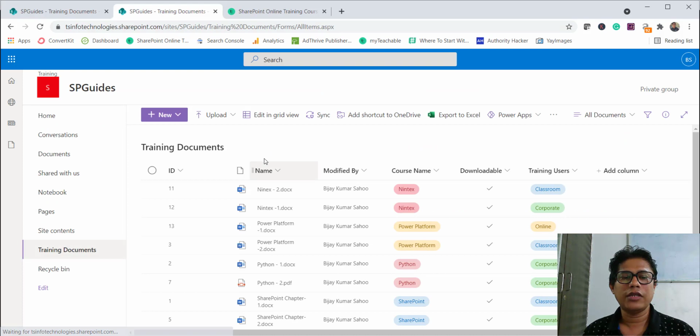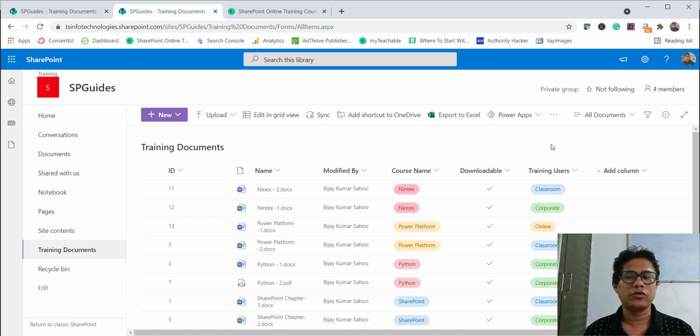And I'll click on OK. So once you click on OK, now you can see here the ID is coming at the first position. So that is also the way you can do it, but I'm sure Microsoft will do something and you will not have that, classic pages will not be available. Maybe that will take some time, but as of now you have the option that you can try both the things.